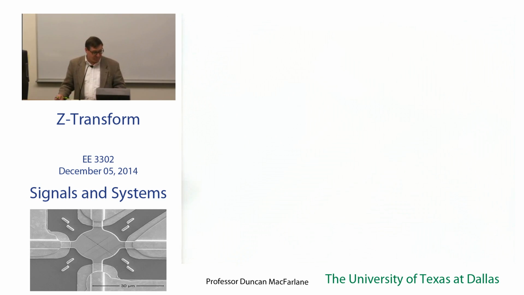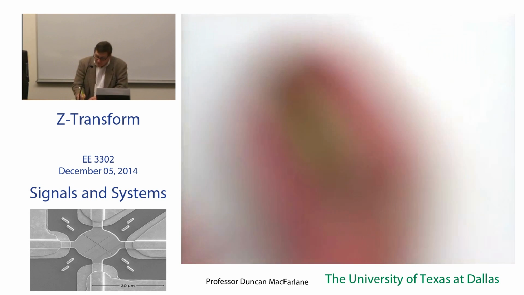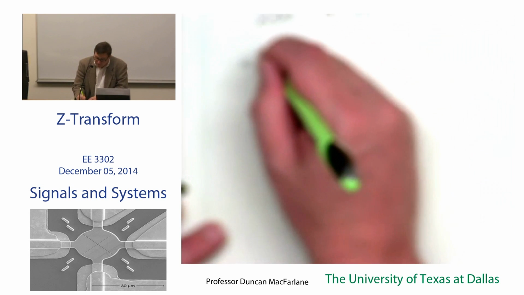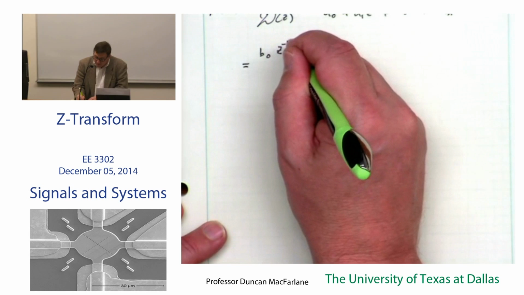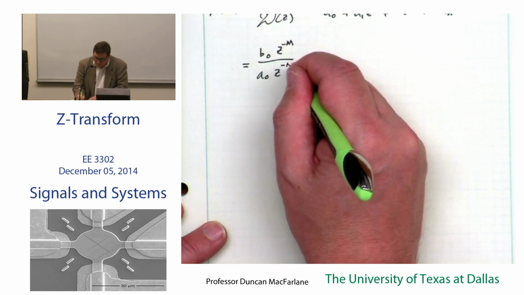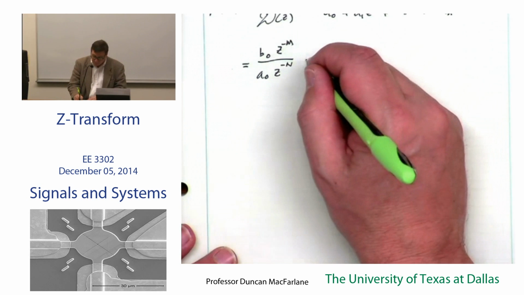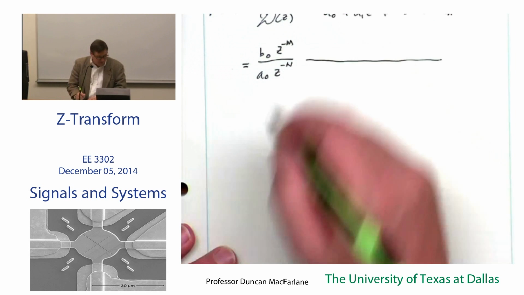Slightly different notation than I had before, but not terribly. Now if I rewrite this, factor out a Z to the minus m and a Z to the minus n, and also pull out the B naught and the A naught, then this term here